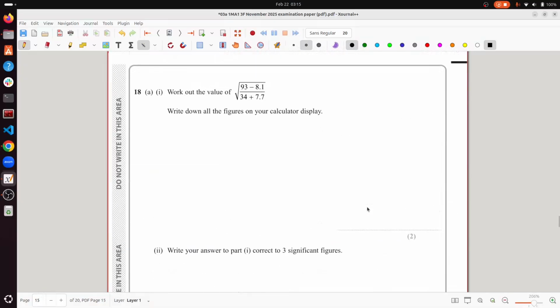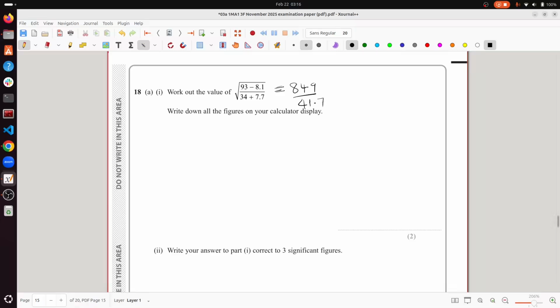Number 18, work out the value of the square root of 93 minus 8.1 over 34.7.3. This is just testing your use of the calculator. That's all it's testing. So we have 93 minus 8.1. You could put all of this in a calculator straight up and you will get the same answer, but I'm going to do it step by step. So 93 minus 8.1 gives me 84.9 over